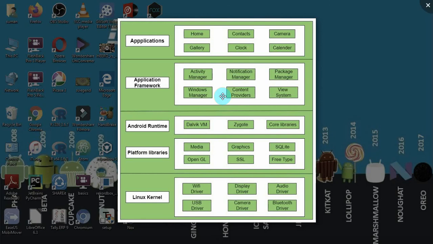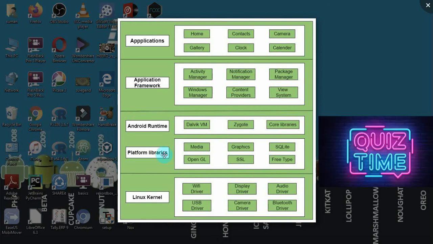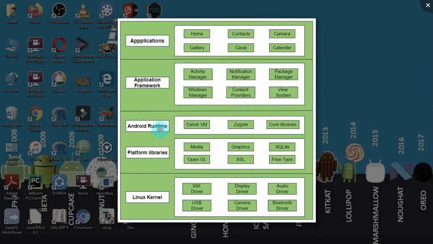I might conduct a quiz very soon, guys, with 10 to 20 questions about which is the heart and which is the top layer of Android. It will be very easy. I'll ask only what I've covered in my videos, documents, or PPTs, and the results will be displayed once you submit.